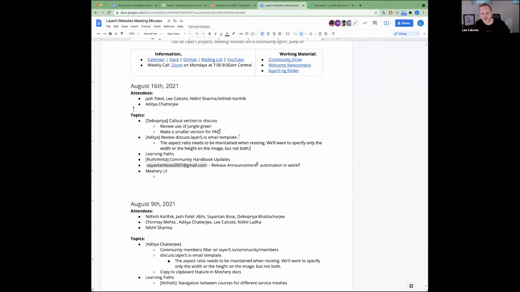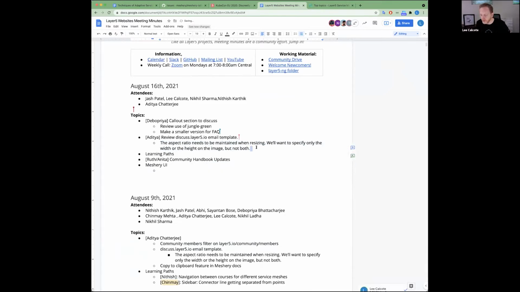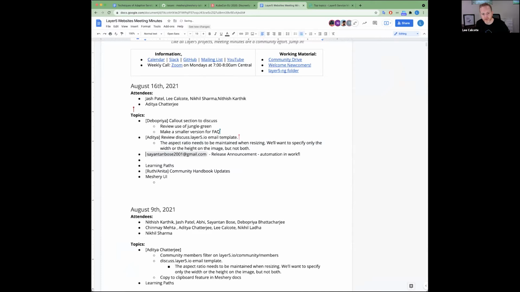Nice. Well, since we're talking about email templates, if you all don't mind, this is related. So Shayatan had worked on an email template. He used MailChimp as the kind of WYSIWYG designer for creating a desktop and mobile mail client friendly Meshry release announcement template. And we'd been wondering if,